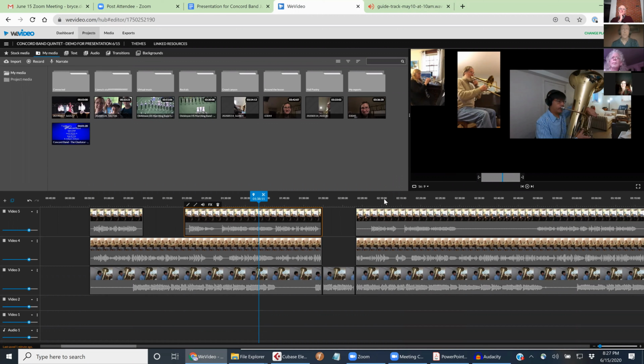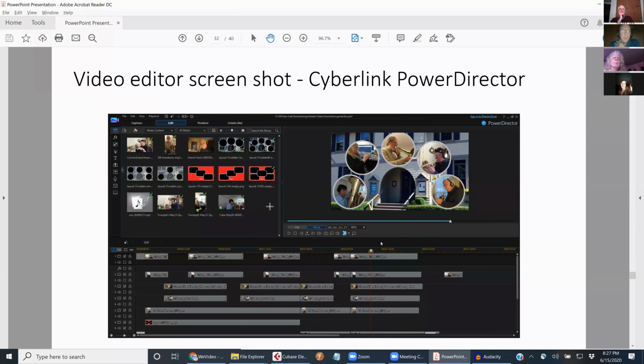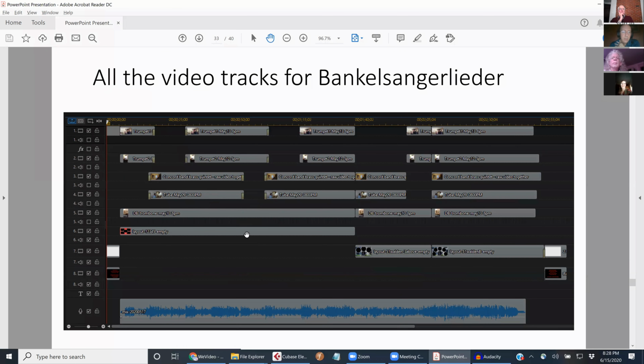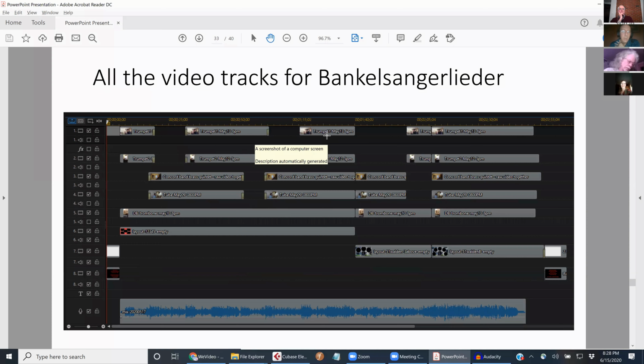All right. So that's WeVideo. It can do a lot of things that I need. There are a few things that it can't do that I wanted to use. This is a picture of my video editor, which is called PowerDirector on Windows. And the main thing that I've noticed that it can do that WeVideo can't is to